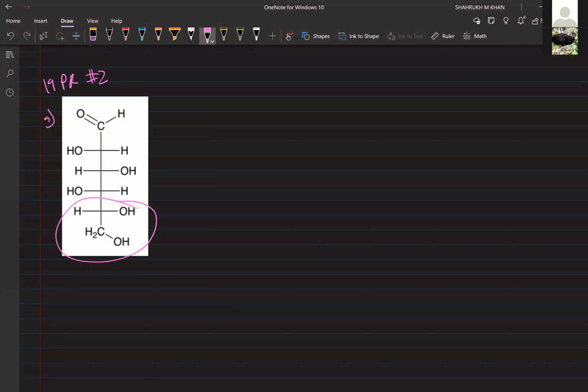Right, OH. It's literally that simple. Whenever we have a Fischer projection, you have your aldehyde here, then 1, 2, 3, 4, 5. This technically is 6, but basically the fifth carbon: if the OH is on the right of the Fischer, we designate that as D sugars, and they're naturally